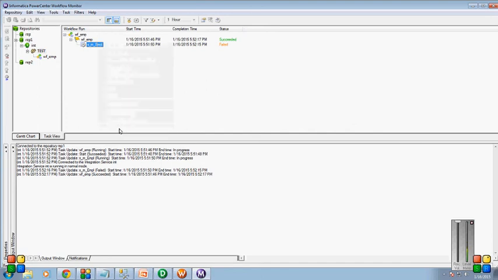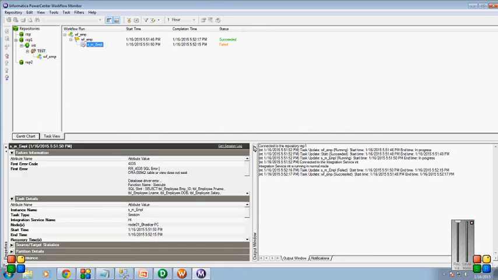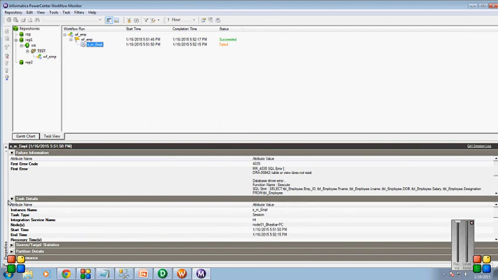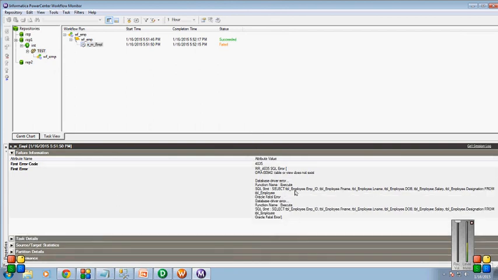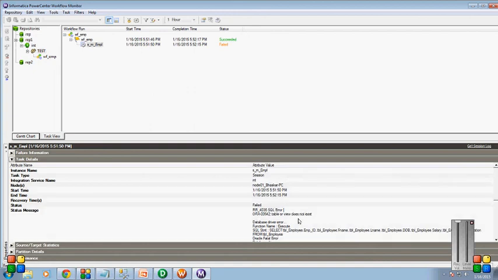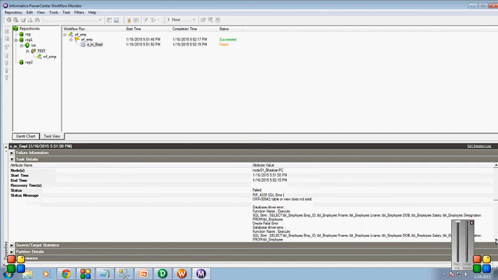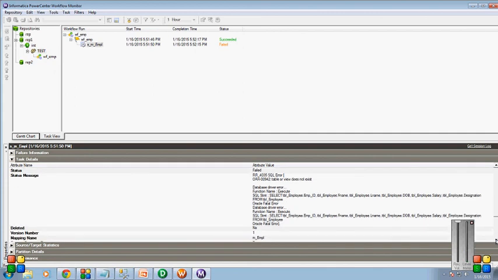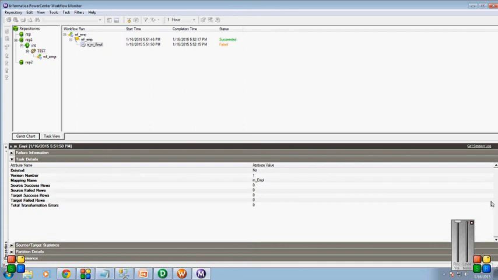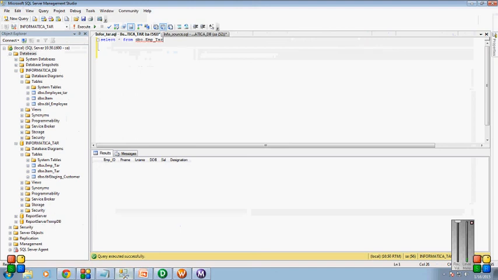The failure reason is that the table or view doesn't exist. It's saying that TBL employee doesn't exist in the database. We'll check that again.